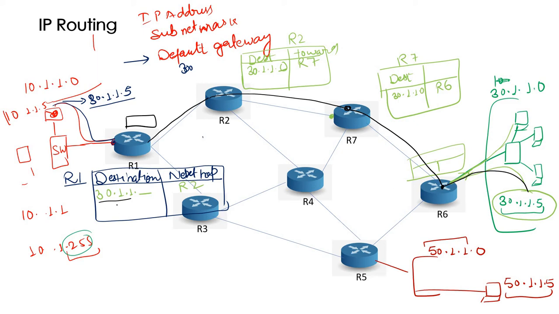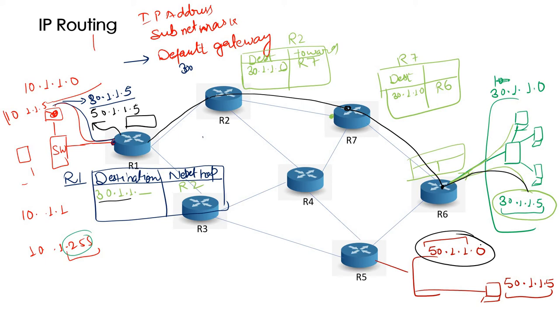The same thing may happen. So we have to give the information in the routing table. Suppose right now we don't have any information about the 50.1.0 network, and any computer tries to ping 50.1.1.5, then what will happen? The router will reply to the requester that the destination host is unreachable, because it does not know the route